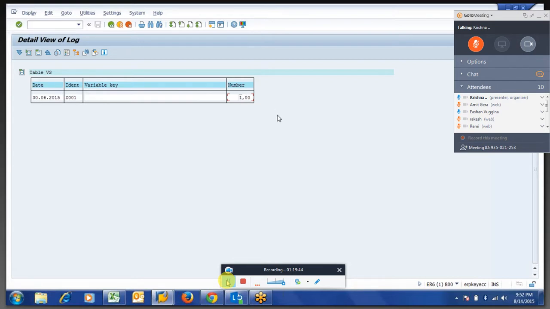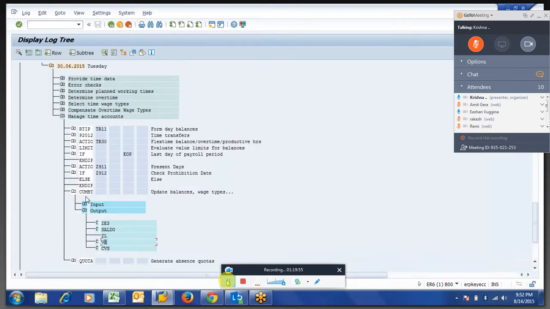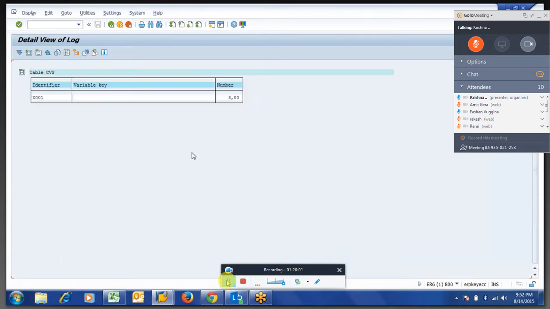We removed all the absences. Present days divided by calendar days is 1, so the 1 is stored here. This one we are multiplying with the remaining logic. Got it. And the CVS table is a default cumulative table for 3 months. It is generated as 1 and it is stored here.